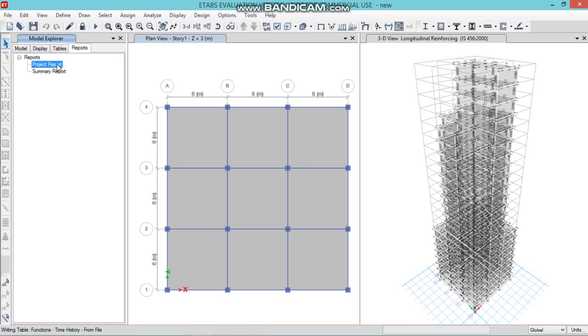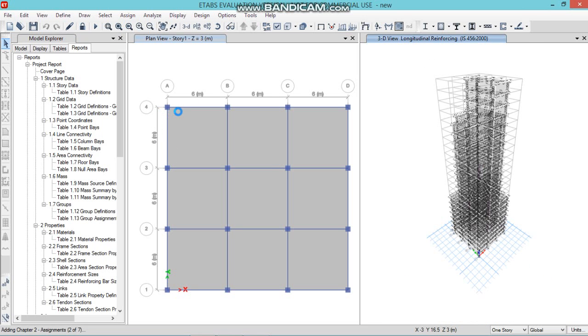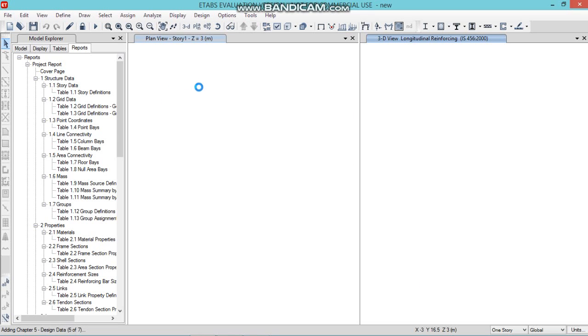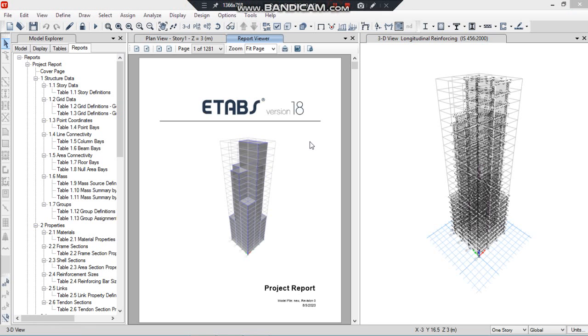Wait for ETABS to generate the report. So here you can see the ETABS report has been generated.